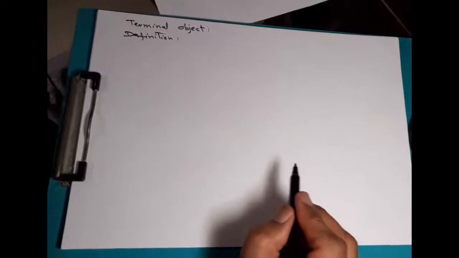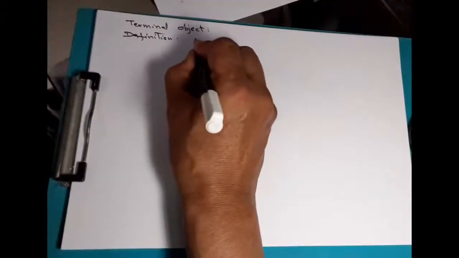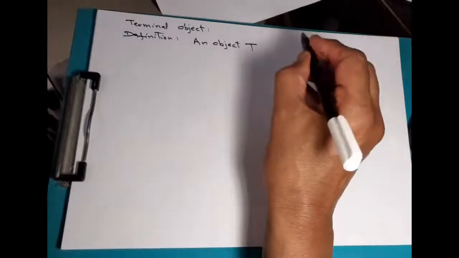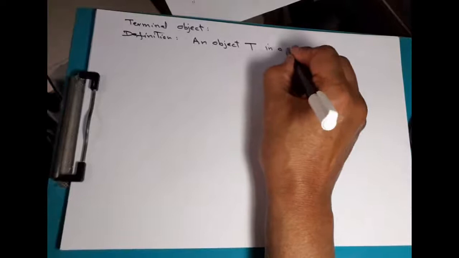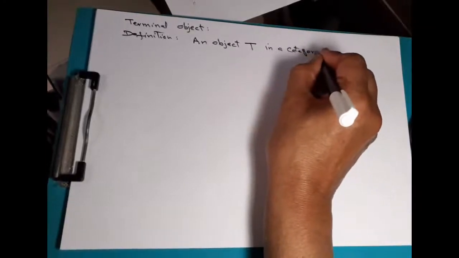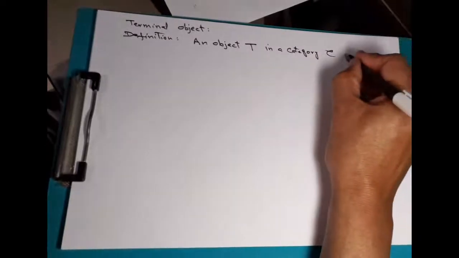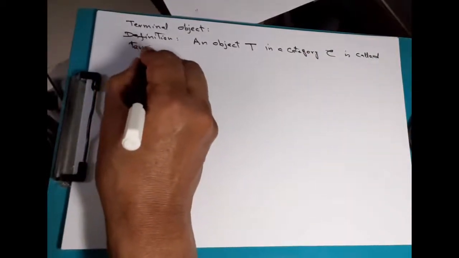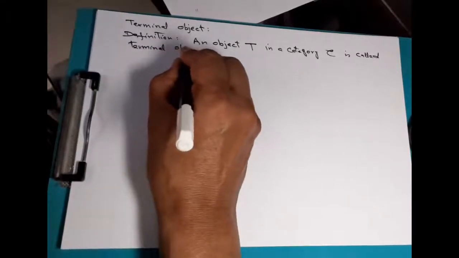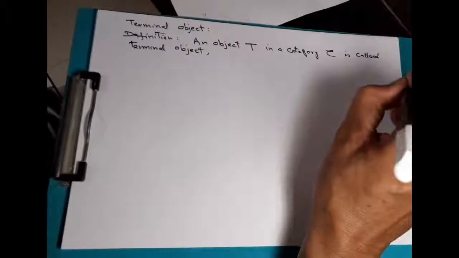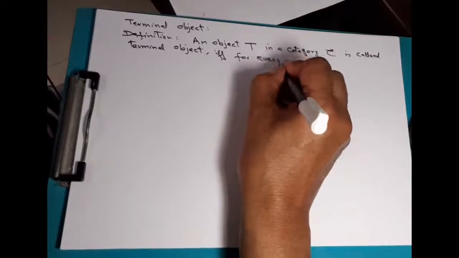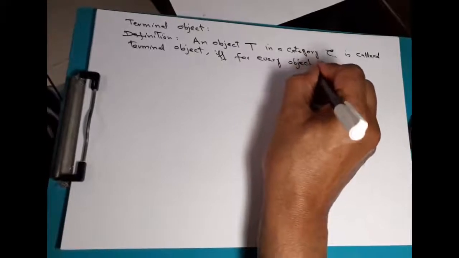An object T in a category C is called terminal object if and only if for every object in C, let's denote this object by A,